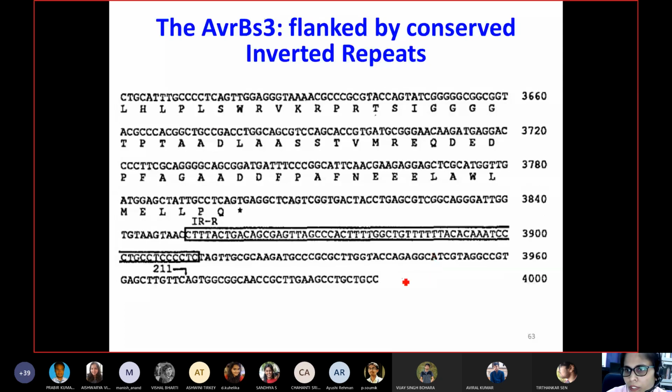So you have some kind of similar gene, and inverted repeats are present here and here. This is 62 base pair, and this is 62 base pair. Then in between you have central repeats, then you have the N-terminus domain and the C-terminus domain, and in the C-terminus domain you have the NLS as well as the acidic domain.